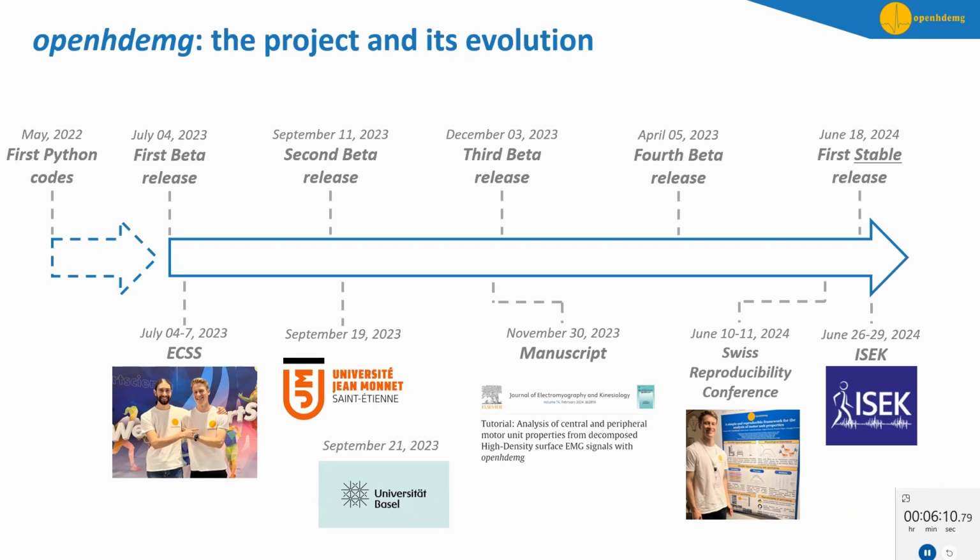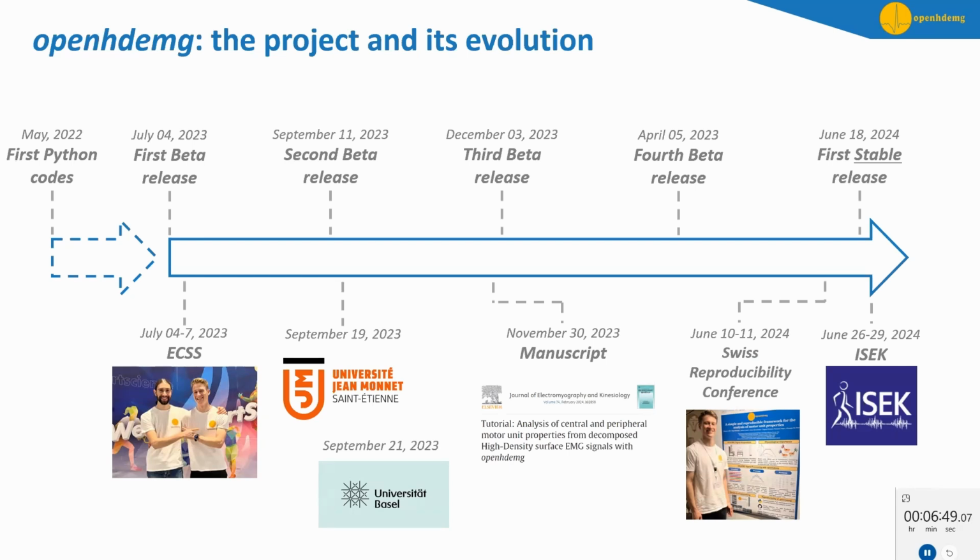release. A non-beta release means that we are now confident that all the functions are working correctly, and we are also confident that there are enough functionalities to be really useful for the user. In this time, we have not just been coding, we have also been involved in several dissemination activities. Two of them very important are the publication of the tutorial article in the Journal of Electromyography and Kinesiology, which is explaining to you many important principles of motor unit analysis, and is also providing you the code necessary to do